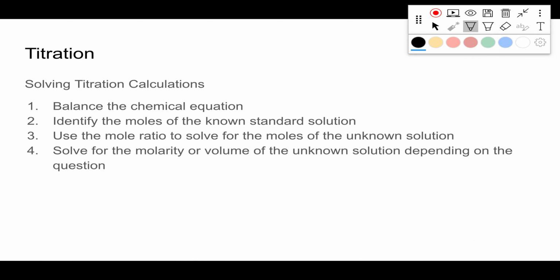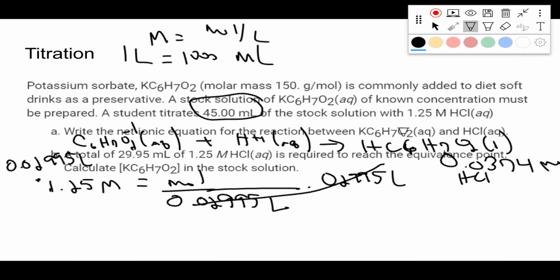So going back to my little cheat sheet, I balanced the chemical equation. I have now figured out my moles of the known standard solution. Now I'm going to use stoichiometry and find the moles of my unknown solution. So I'm going to just do a basic mole to mole conversion. So 0.0374 or 0.03744, both are acceptable, moles of HCl